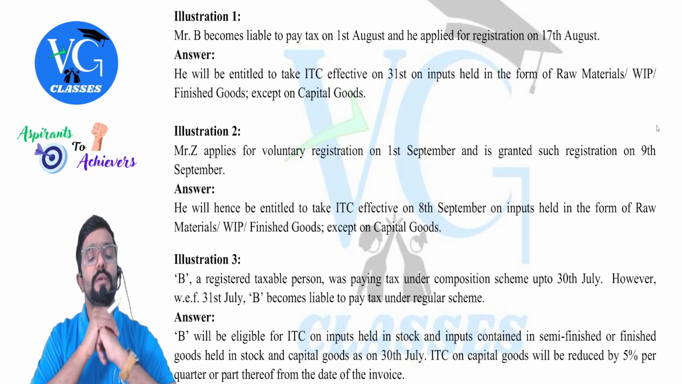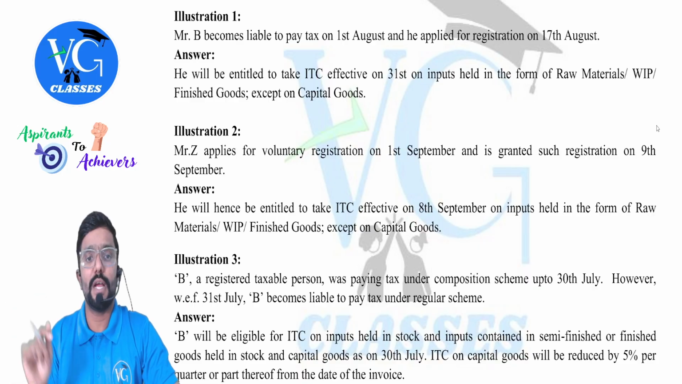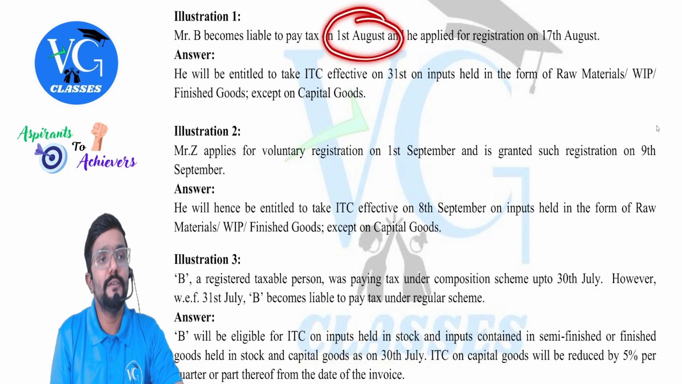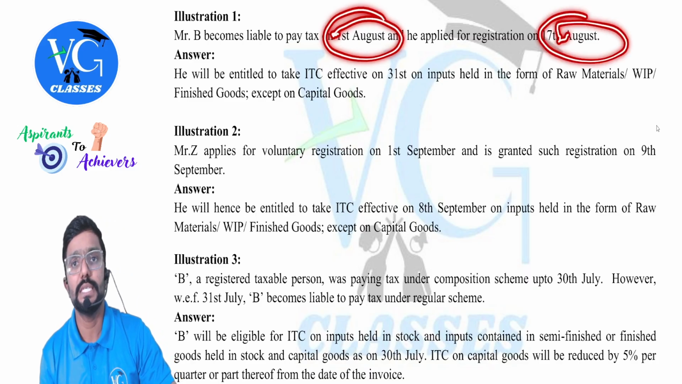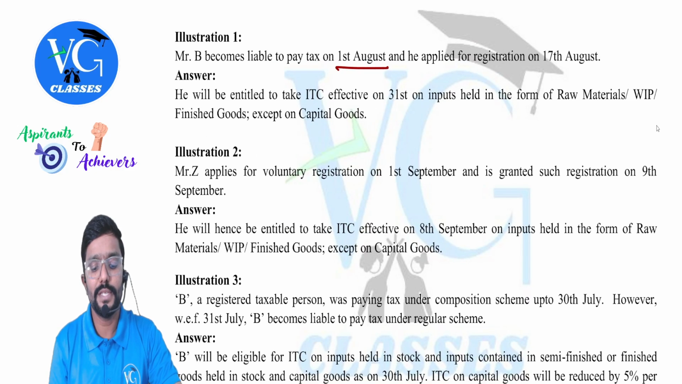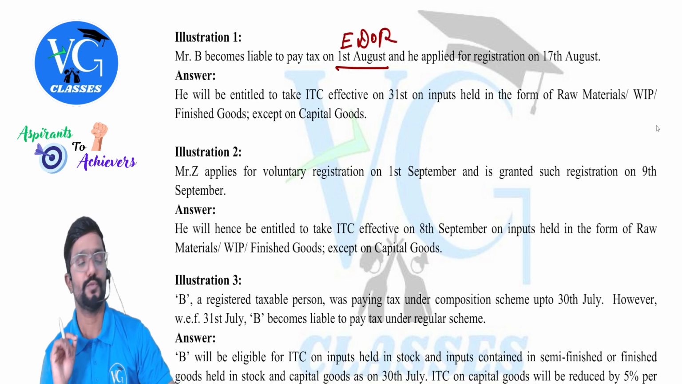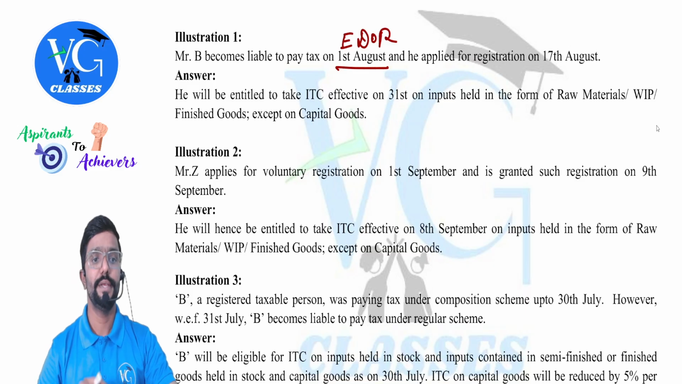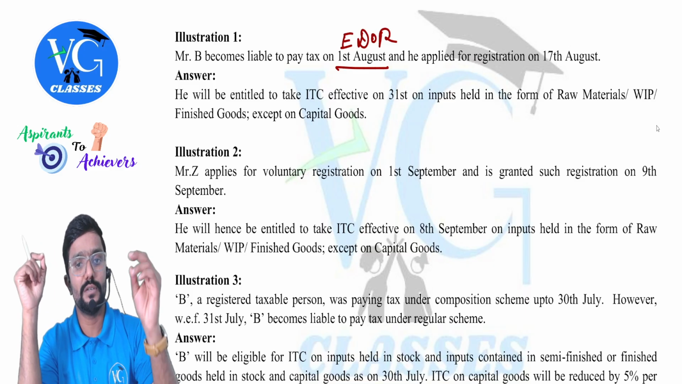First one. Mr. B becomes liable to pay tax on 1st August and he applied for registration on 17th August. On what day was he liable? 1st August. On what day did he apply? 17th August. Did he apply within 30 days? Yes. So what is the effective date of registration? 1st August. He will be entitled to take ITC effective on 31st